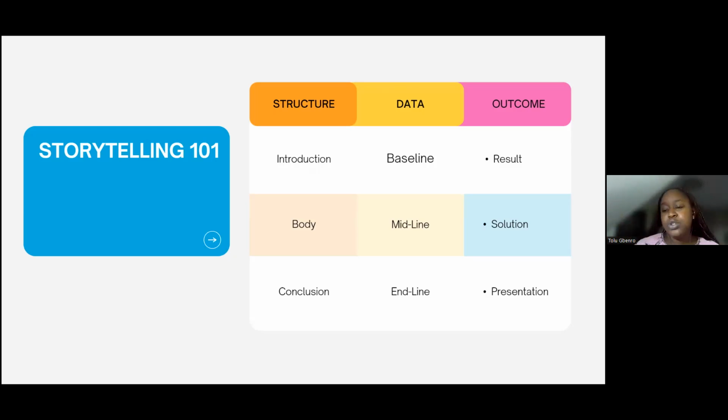So focus on the solution, focus on the results. What is the result from the data? What is the percentage gap from your baseline and end line? What is the data showing you? Maybe in your mind, you had a feeling, a nudging that this was going to go this way, but the data is saying otherwise. So you can say, contrary to what I imagined, contrary to what I believed, this is what the data is actually saying.